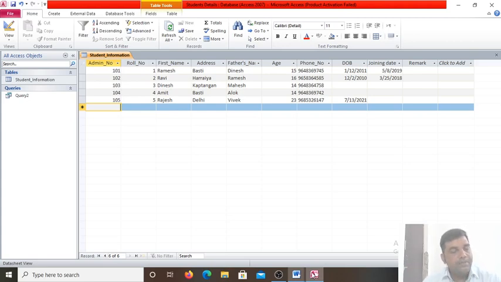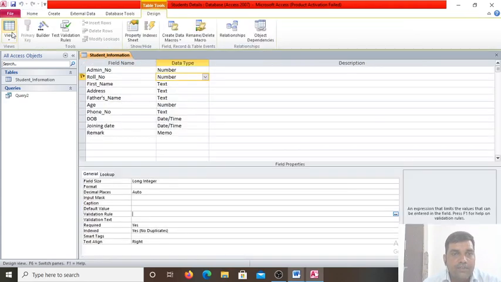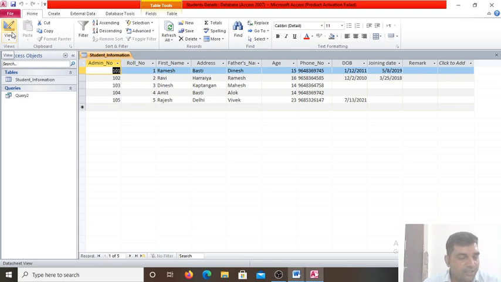Switching between views. Microsoft Access allows you to switch from one view to another by following either of two options. Click on the view option in the views group here. So from the datasheet view I can move to the design view, and again by clicking on the datasheet view. You will also find it in the views group on the home tab. Or click on the design view or datasheet view buttons at the right corner of the status bar.